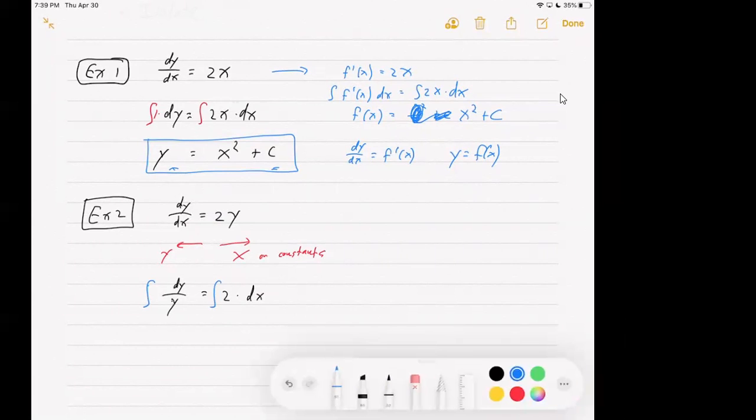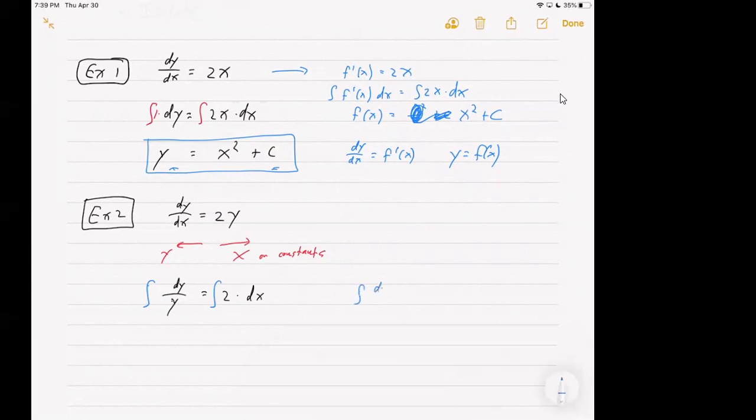All right, and you should be aware, just let me write this on the side, that the integral of dy over y is the same as saying the integral of 1 over y integrated with respect to y. Okay, so we could say it either way, and hopefully you know that the antiderivative of that would be ln of y. Could have been 1 over x with respect to x, the antiderivative would be ln of absolute value of x. So the left-hand side now